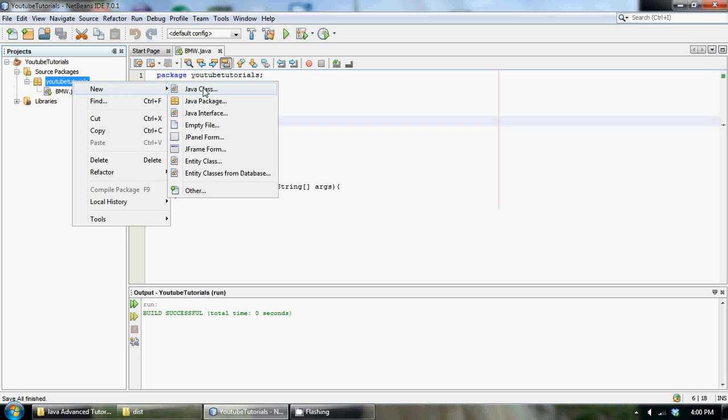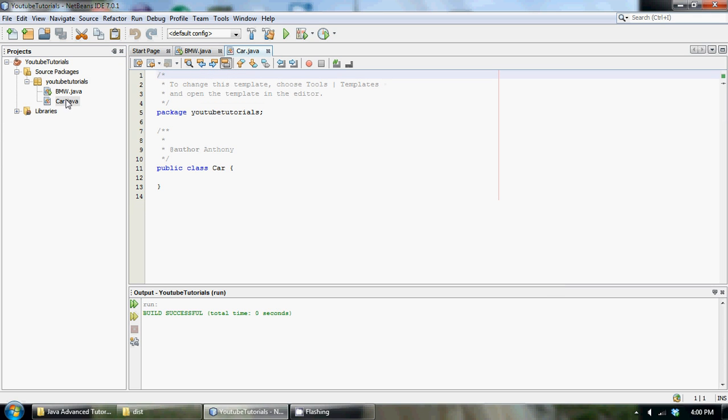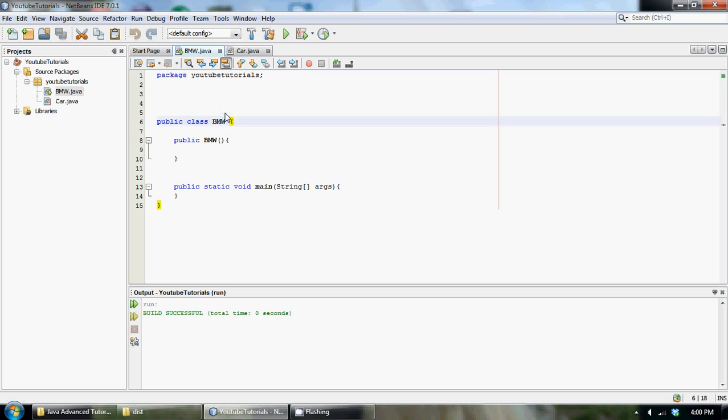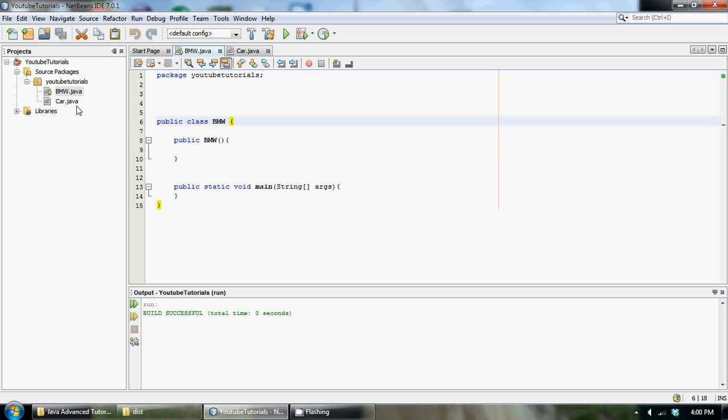We're going to call this one just a plain old car. So this is called our parent class right here. This car class is called the parent class, and this BMW class is called our child class. So basically everything in the car class is going to be inherited by our BMW class, because a BMW is